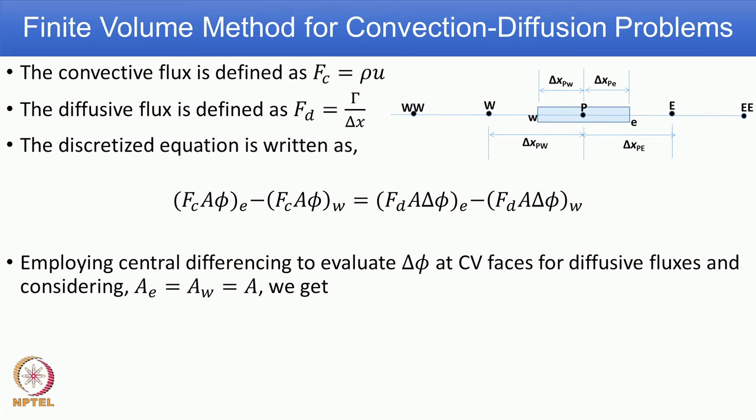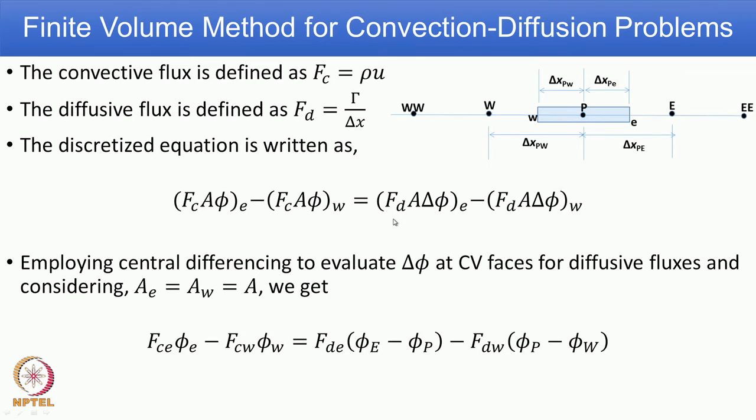Now, in the diffusion equation we used a central differencing type of approximation to get delta phi at the faces. We follow the same here also. So, employing the central differencing scheme to evaluate delta phi at control volume faces for the diffusive flux, and for simplicity's sake we assume the area is the same. So, A_e equals A_w, which is the same as A, which means all the area terms from this